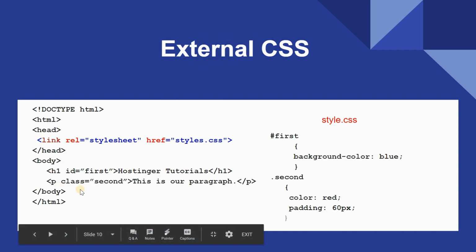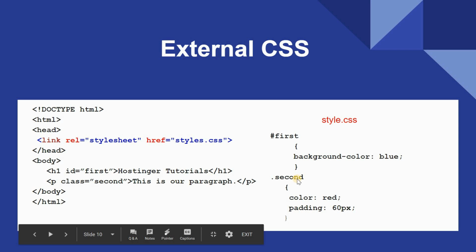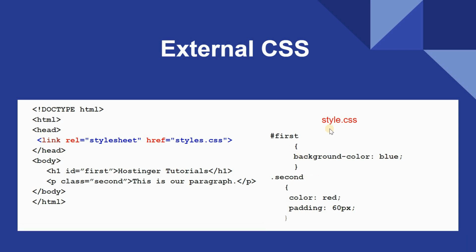एक्सटर्नल CSS में क्या होता है, जो हमारे बॉडी टैग होता है, बॉडी टैग के अंदर जो भी एलिमेंट लिखा होता है उस एलिमेंट को अगर हमको स्टाइलिंग प्रोवाइड करनी है तो हम क्या करेंगे, दूसरा एक style.css नाम की एक फाइल बनाएंगे और उसमें हम CSS का कोड लिखेंगे, और इस स्टाइल डॉट CSS नाम की जो फाइल है उसको हमारे .html फाइल के साथ लिंक कर देंगे।